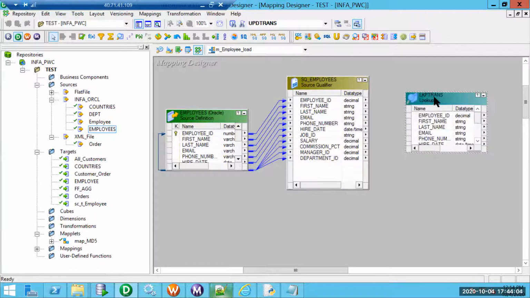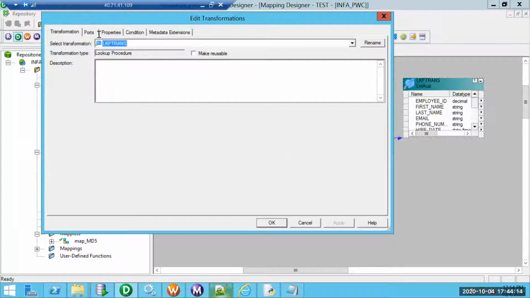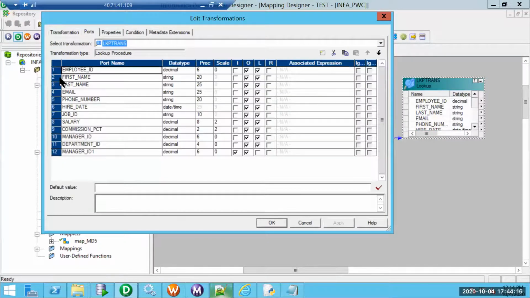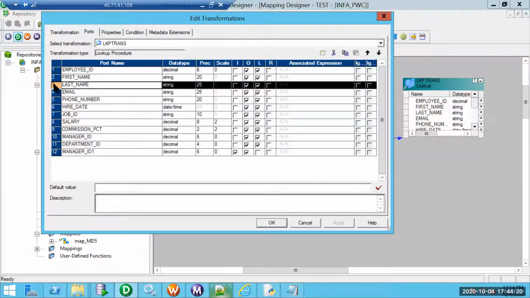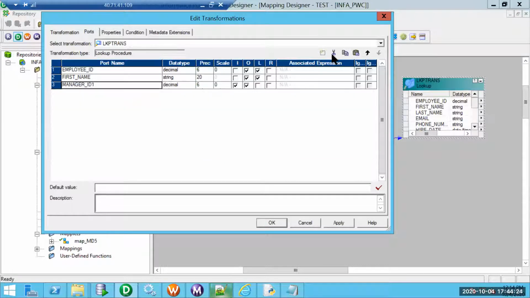So we have a name column. We will be populating the manager based on manager ID, and the corresponding manager name also in the employee table. I am interested in only the first name. Yeah, perfect, I can do that.